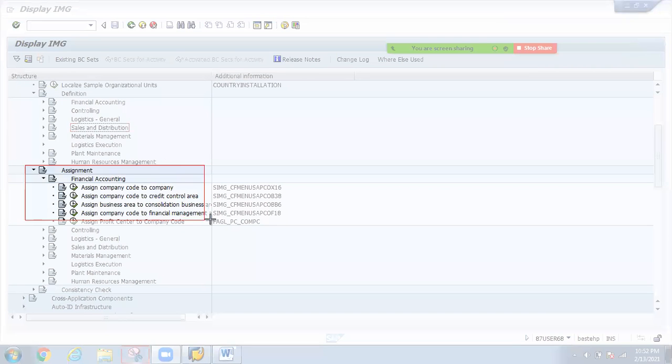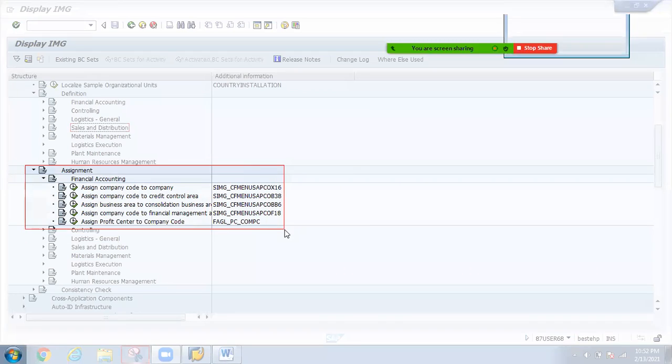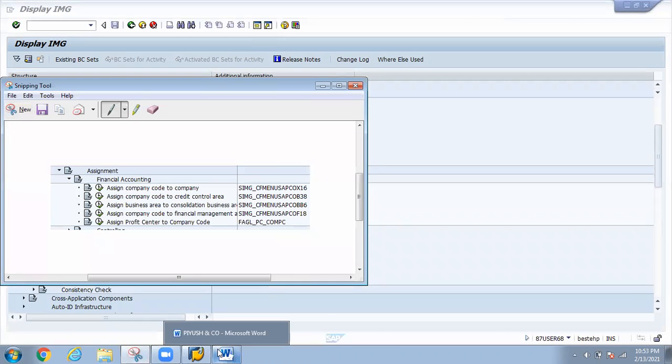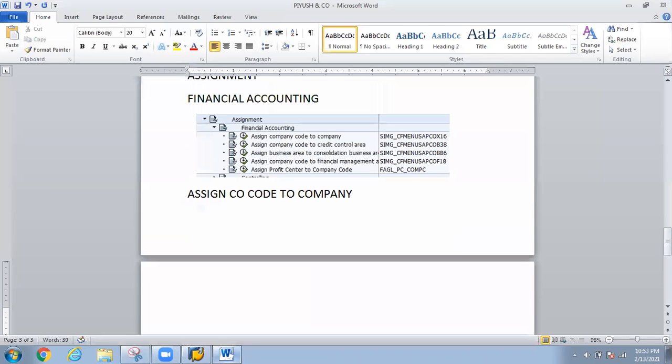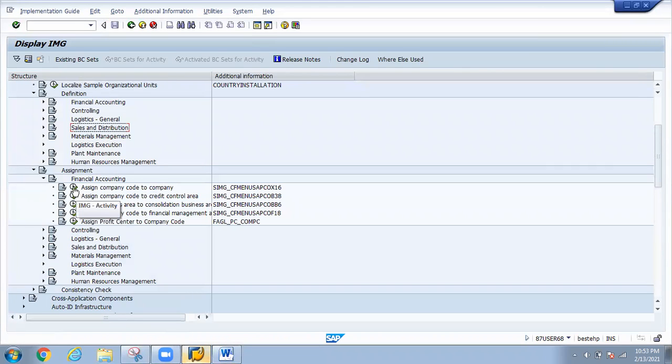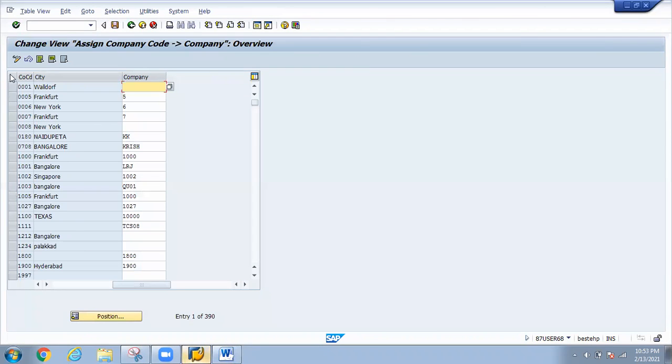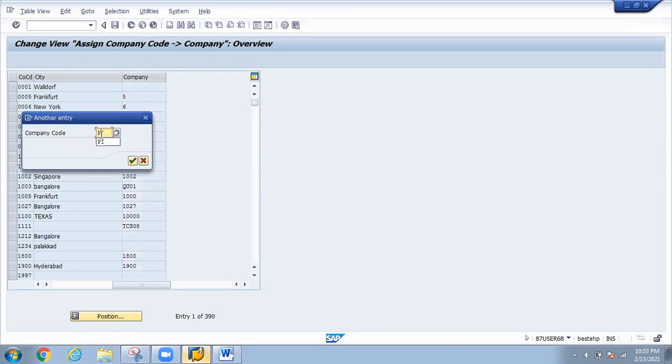So just copy the following path. So first here we are going to assign company code to company. Just click here. We have defined the company code, so go to position. Our company code is PI00.